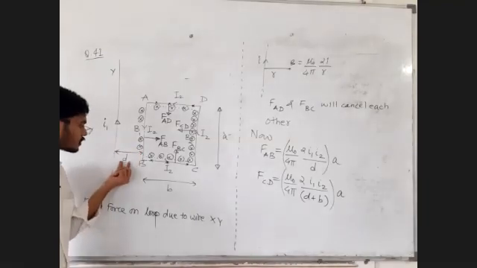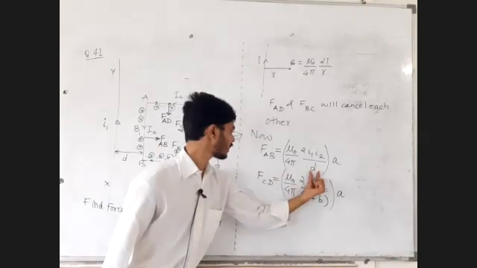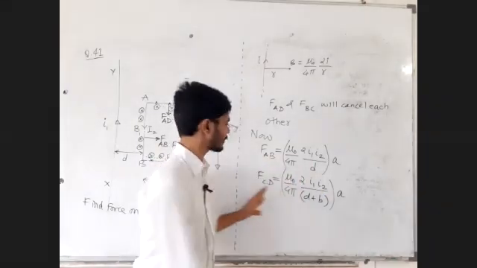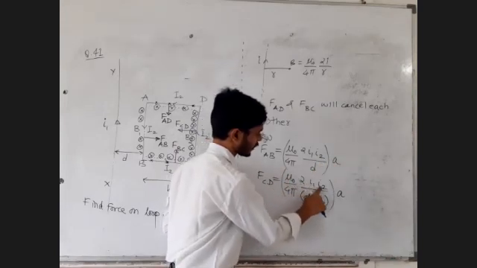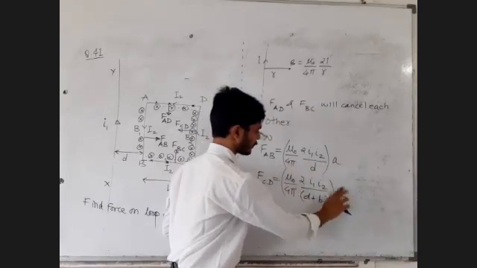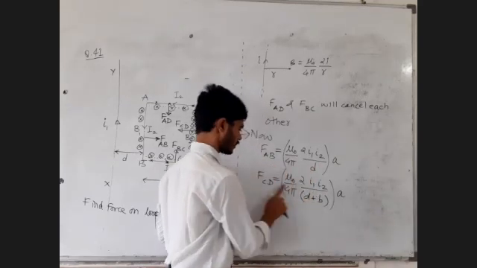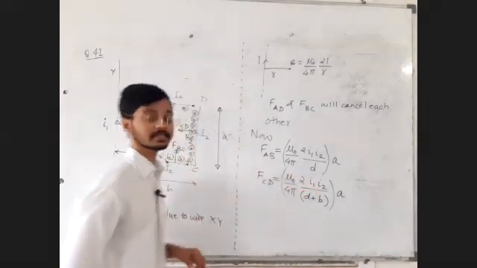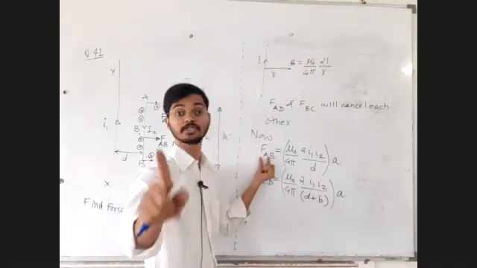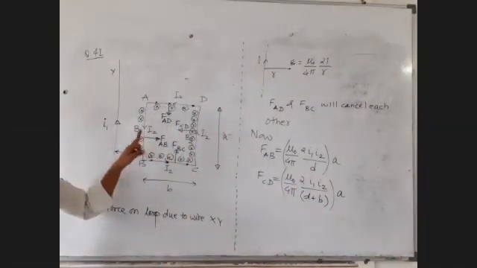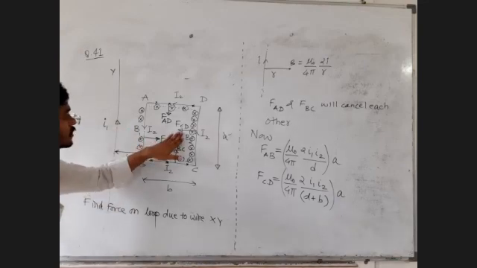Now this distance is small. D is smaller than D plus B, so this force is larger. Check whether everything else is the same: μ0/4π 2 I1 I2 a. All other remaining things are the same. So the one with the smaller distance has the larger force, and the one with the larger distance has the smaller force. This D is less than D plus B. D is less, so FAB is more. If FAB is more, FAB wins and FCD loses.